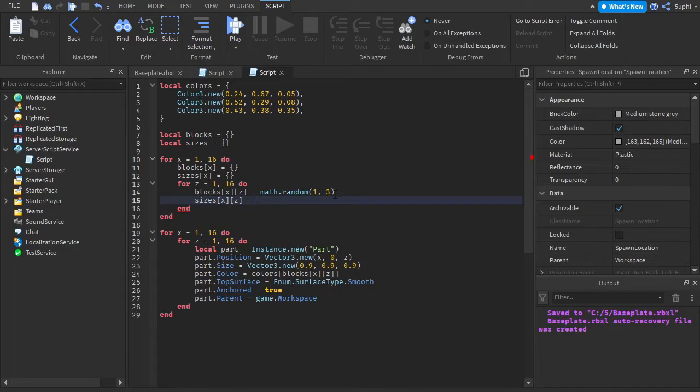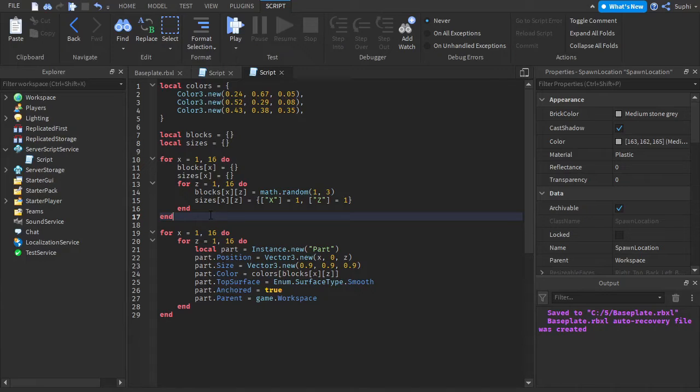Now, unlike blocks where we store the ID number, for the sizes I'm going to store a table with an x and z value to store the width and height. So I'm going to create a table and have a key called x and have it set to width 1, and have a z key and also have that set to 1. So now that every voxel has a size of 1 and 1,